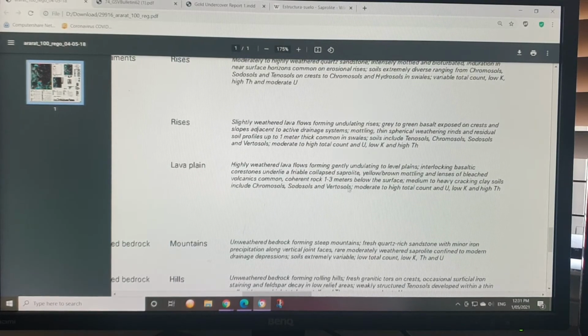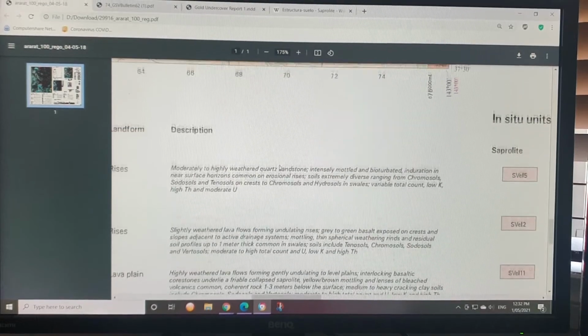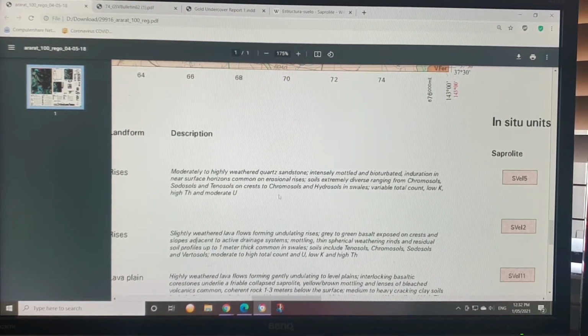Coherent rock 1 to 3 meters below the surface, medium to heavy cracked clay soils. And then you've got different soils and the actual uranium, potassium, and thorium. So it doesn't actually say anything about the actual gold, but you can see where the actual